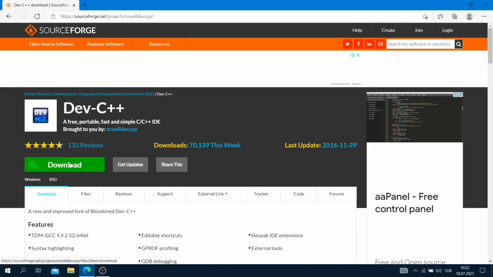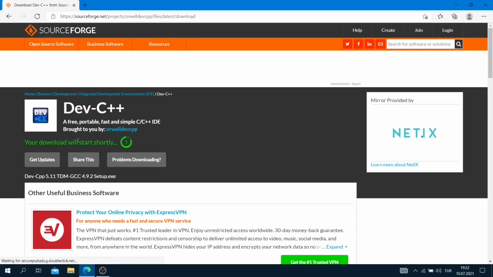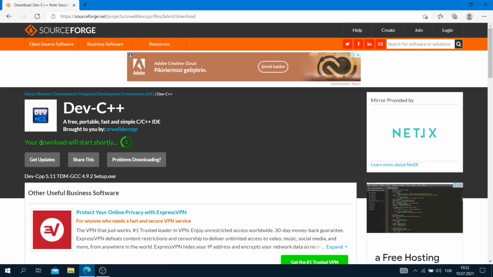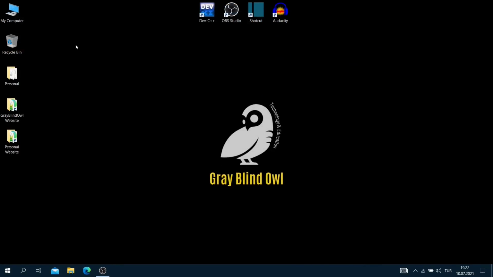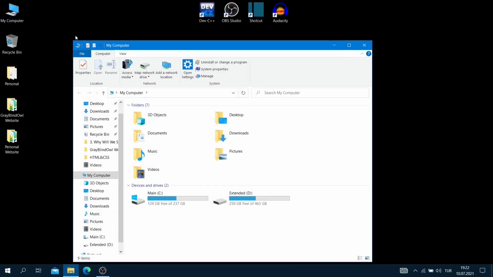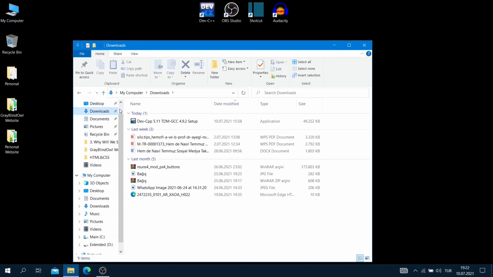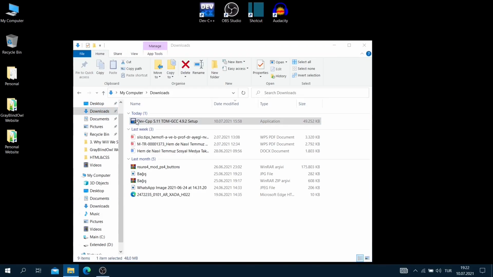We click the download button. We will wait for download. Okay, it starts, but I will pause it because I downloaded it before. After your download is complete, we open our installation file, Downloads, Dev C++ setup.